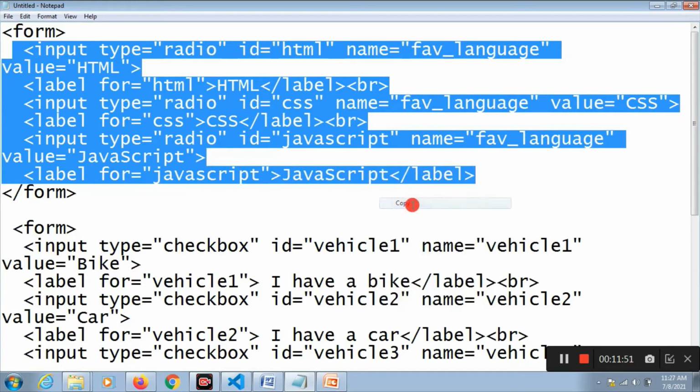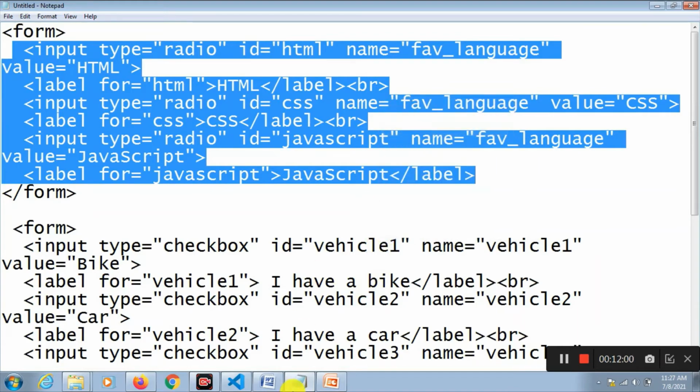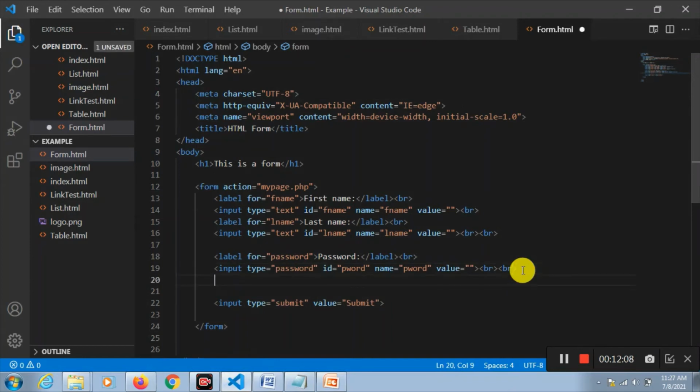To do the work faster, I'm copying the text. Put it above the submit button.